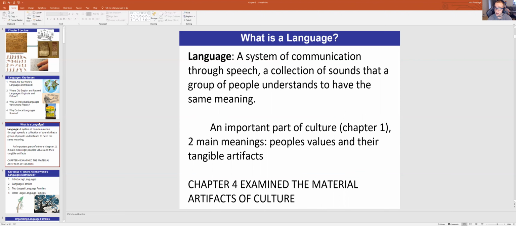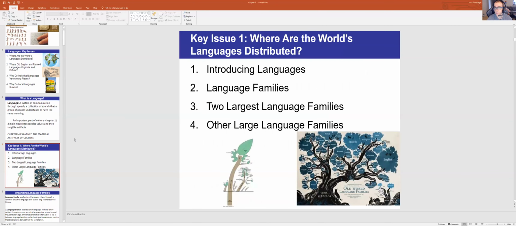If we just look back at chapter 4, we talked about cultural landscapes, right? And the actual physical representation of culture on the landscape. And if you remember some of the things that those included, right? We have signs, people, food, clothing, right? So there's a ton of tangible artifacts reflected in culture as well as language. So where are the world's languages distributed?